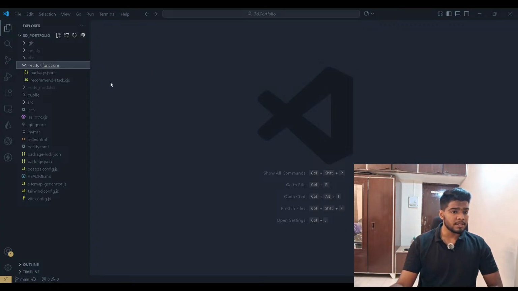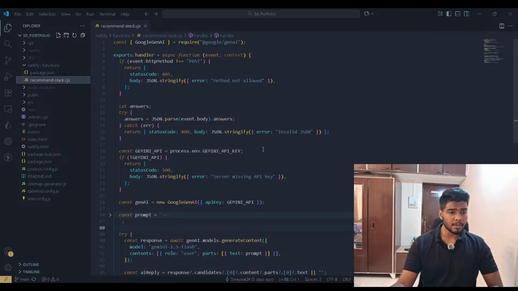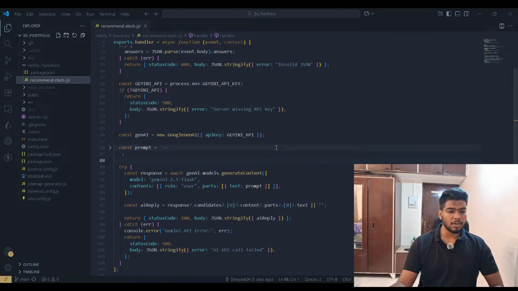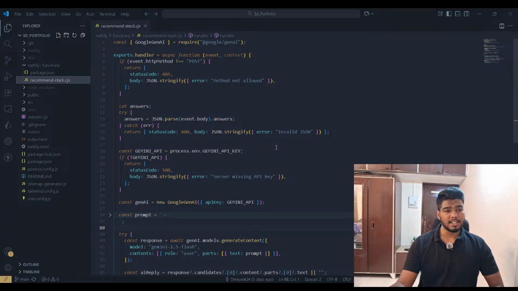I will show you what it is in this file. I wrote the code which just handles the Gemini 2.5 Flash. It calls that and renders the details. That's it.